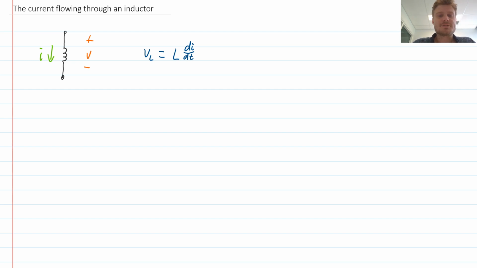But what if I want to solve for current? So we rearrange this equation to solve for current. One of the things I can do is integrate both sides with respect to time. So I can integrate my voltage, I'm just going to write V here for voltage, with respect to time. And L is a constant, so when I integrate it will come outside, and I can integrate the right-hand side